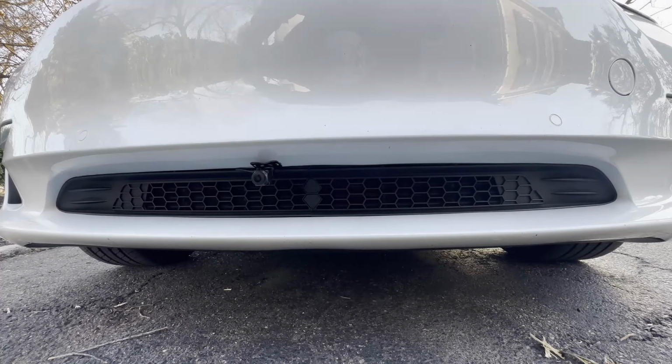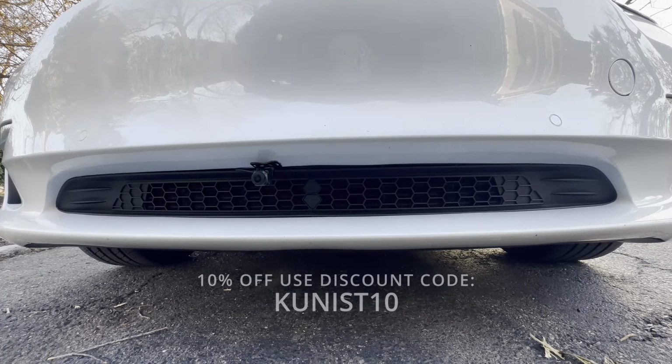So overall, it's a great accessory. There's really no downside to it. It's an extra level of protection. It's friendly with other accessories. You see they have the camera remounted there. The deer warner is still remounted, so I definitely think this is a good option if you're looking to protect your